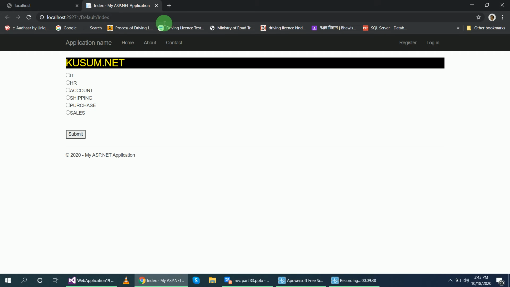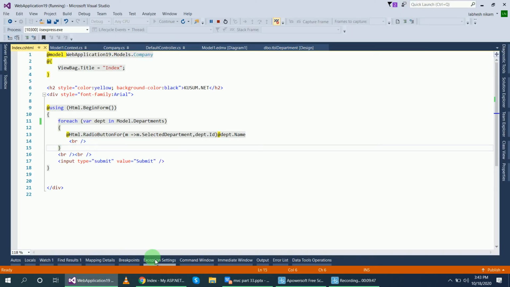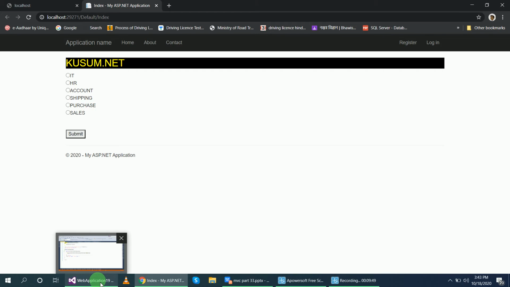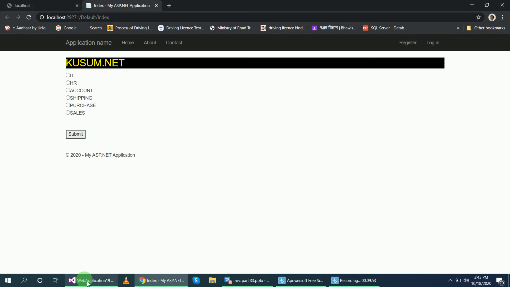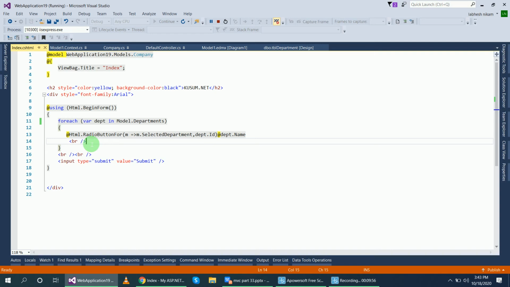Okay, let's see now. Here is the list of radio buttons. Because of this break tag, this list is vertical. If I remove this break tag, then it will be horizontal.